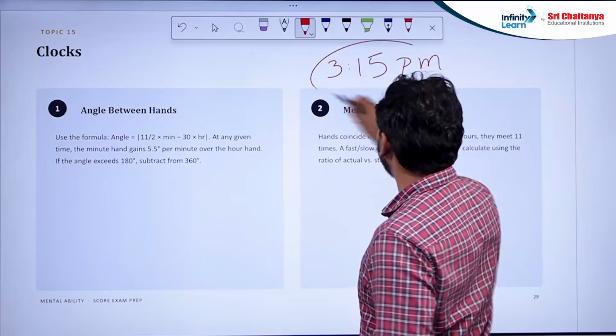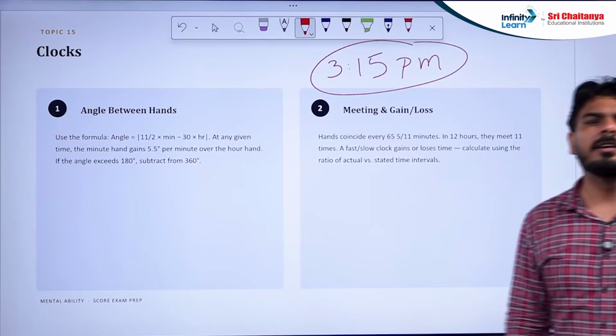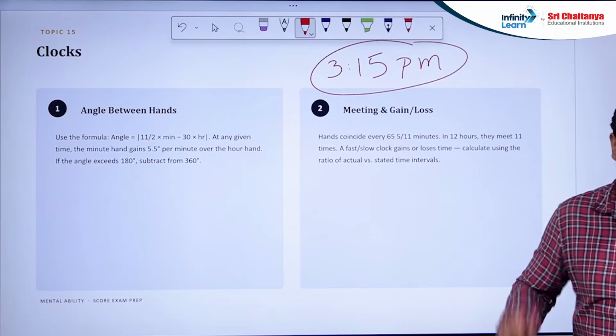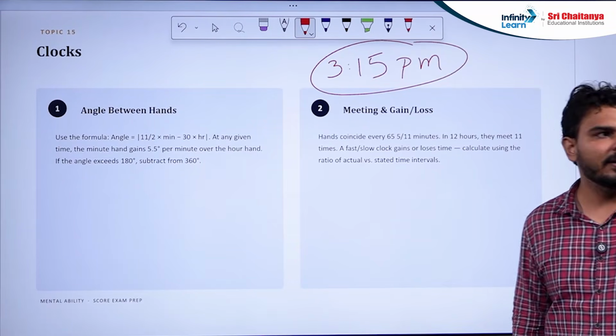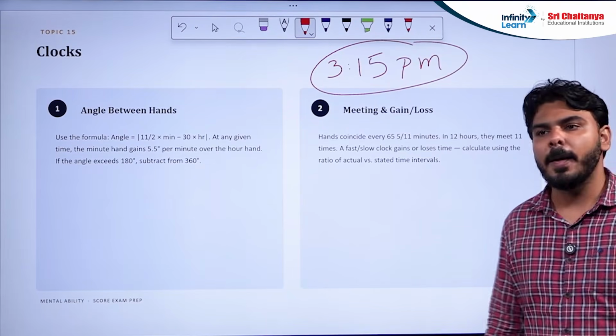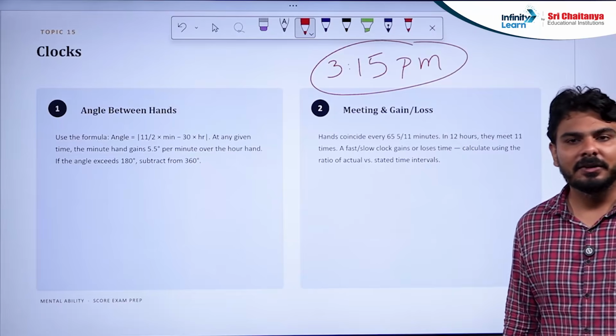Just give me your answer. I'm giving you 10 seconds if you know the answer. Very easy answer, you can just imagine it. I'm waiting for 10 seconds. You can type it in the comment box if you know. Otherwise, just try to solve it if you don't know the answer. Let us see who will give the answer.